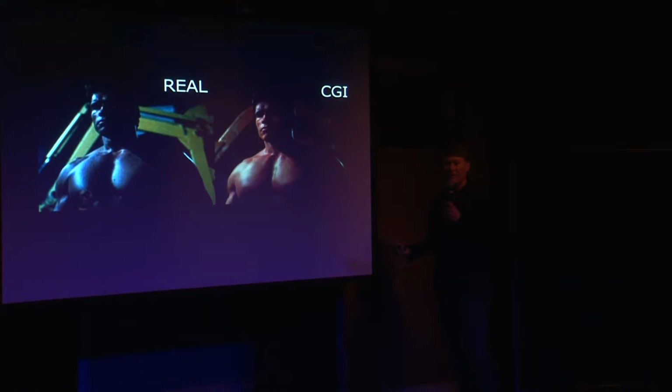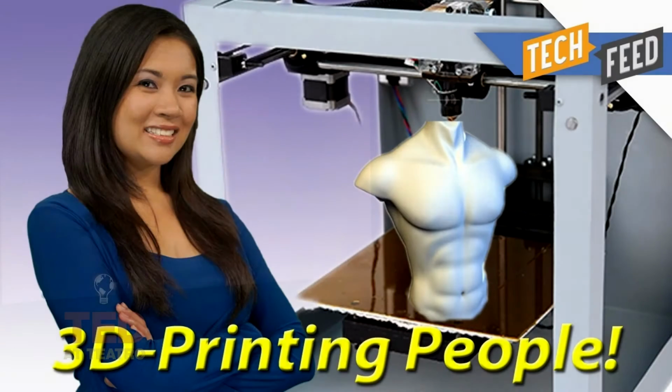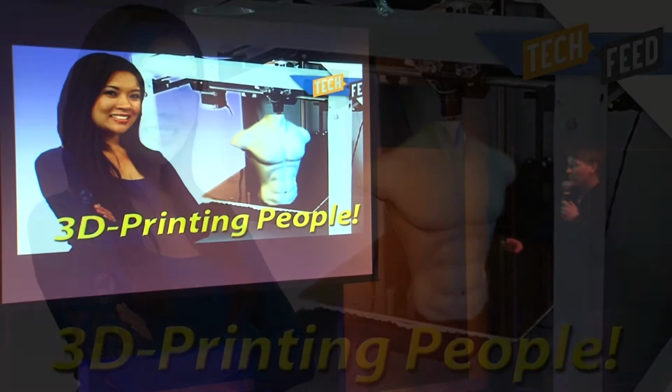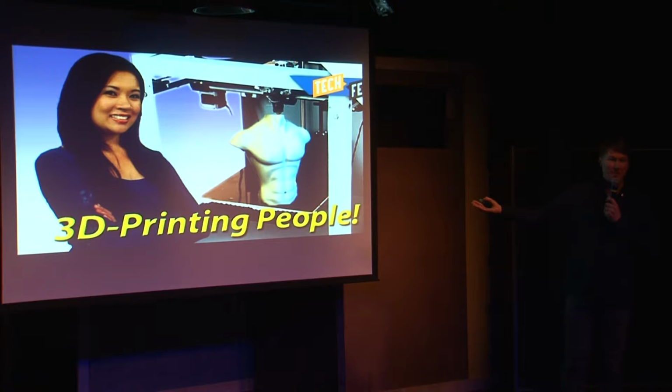That's one of the themes of this talk. How do you know whether the person living next door to you is a robot or not? Maybe it's a question you don't ask yourself, but look to the left and look to the right. Can you tell whether the person you're talking to is human or robot? And to drive this point home, I want to talk about material science for just a second, because why not? Can we 3D print people?